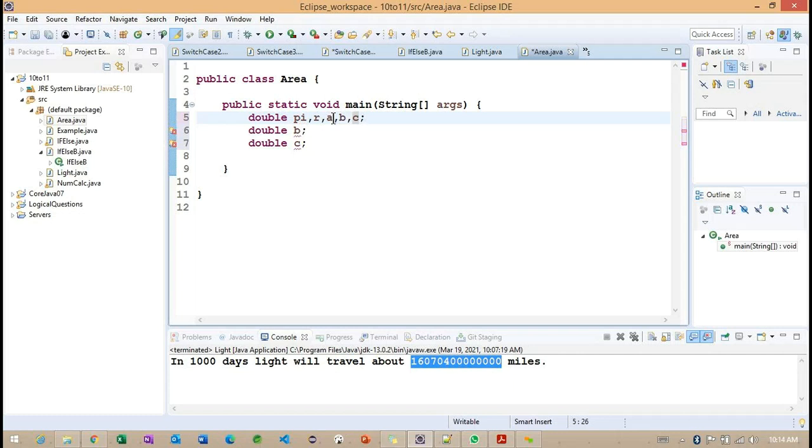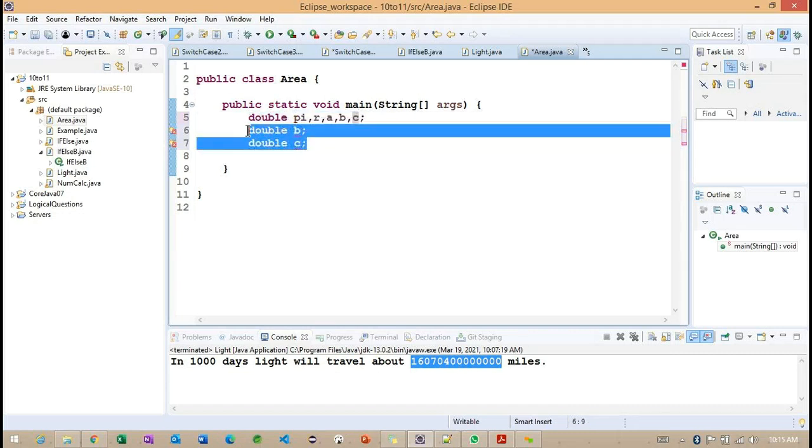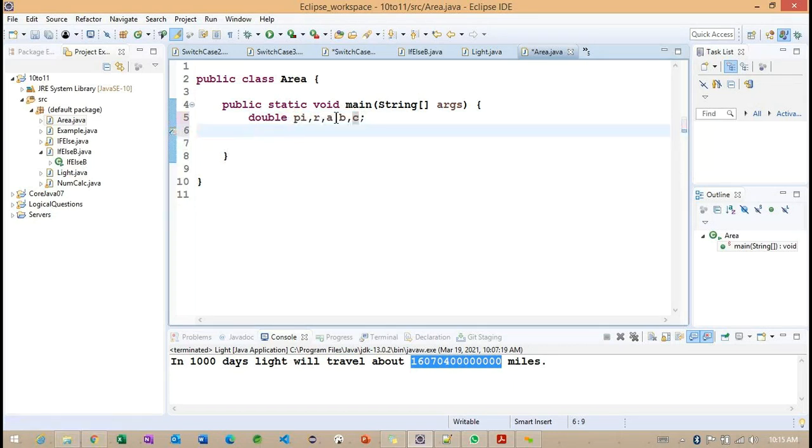This is also another way to define: only the data type is written once, and then we list how many variables we want to use. But if I write it separately, we are going to increase the lines of the class. So we'll go for the same information we are using: the three variables pi, r, and a.